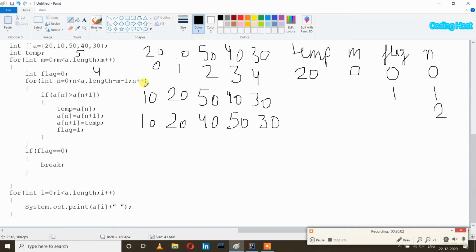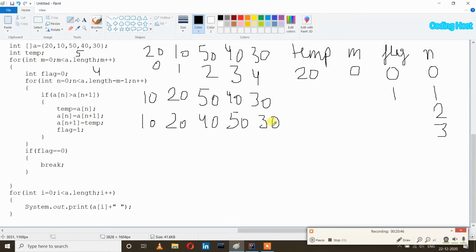After that n plus plus, so now n will become 3, and now it will again check that n is less than 4, so n is 3 and yes, it is less than 4. After that we get inside our loop, and here we again have the if statement, if a of n is larger than a of n plus 1. So at index 3 the element is 50, and at index n plus 1, which is 4, the element is 30.